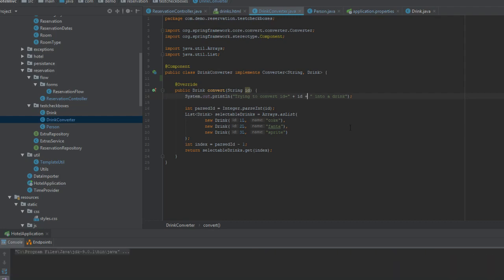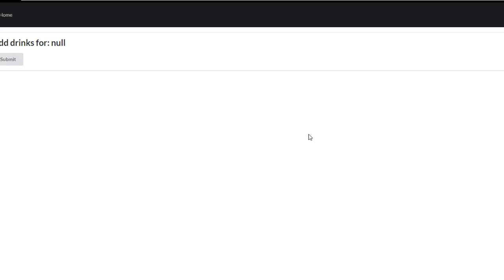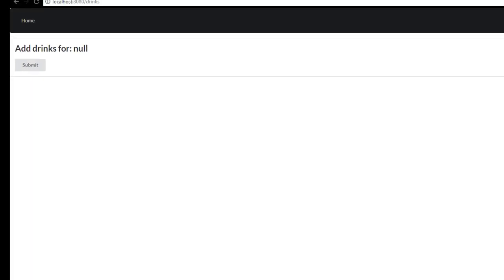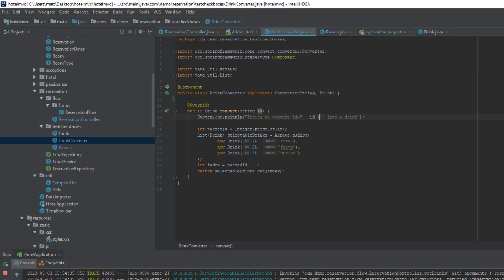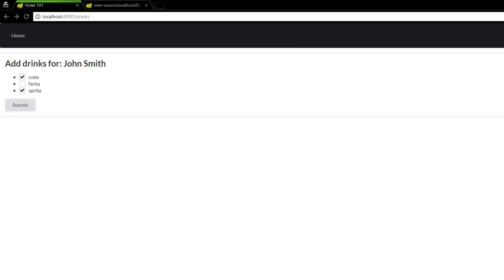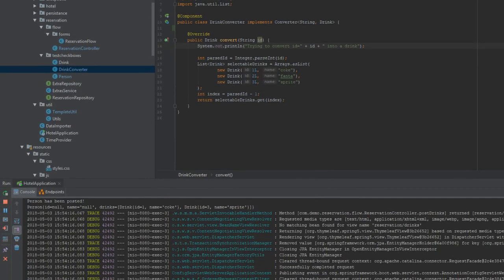So if I just reload that again, say I'm going to pick Coke and Sprite. I'll just clear some of this stuff. So that's posted. So we can see here, person has been posted. Notice our drinks